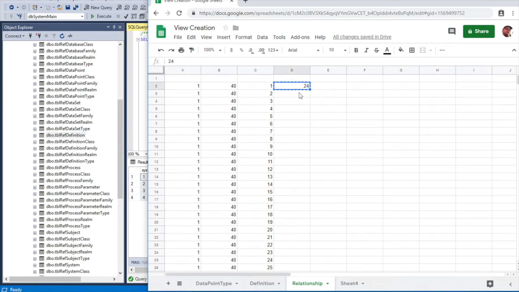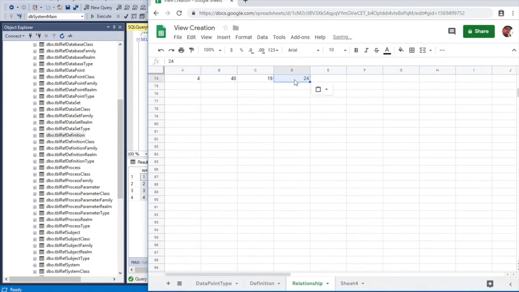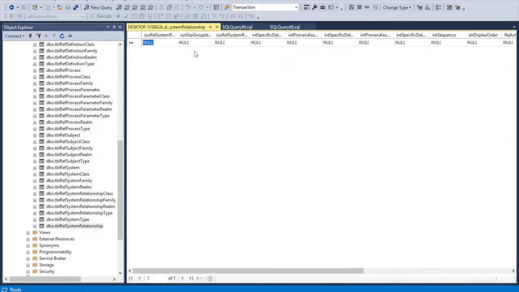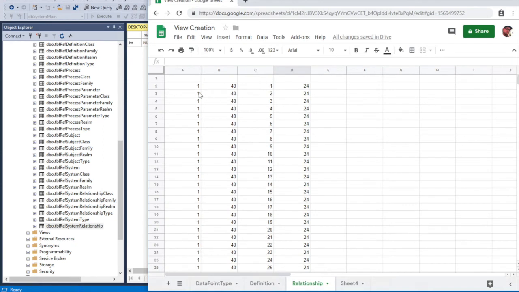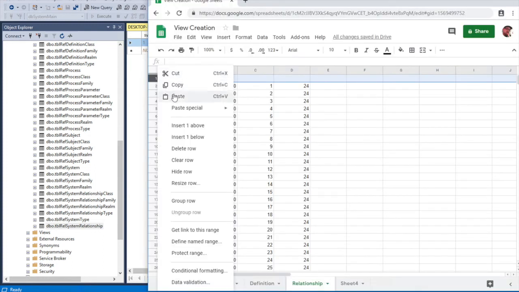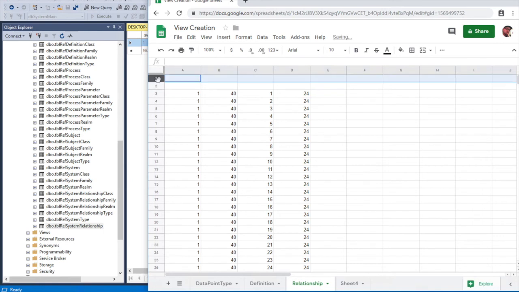And then it's easy for the data point side because it's all from the same table and the IDs are already changing because we selected it. Now what I like to do is on an empty table, put one record in. So we're going to put this one definition record in. We know we only have one relationship type. I know the specific dataset number is broken. So primary key implied 1, definition 1 from the definition specific dataset number, 1 from data point type, and that specific dataset number. So then why I love Sheets is we can paste this record that we just created, and